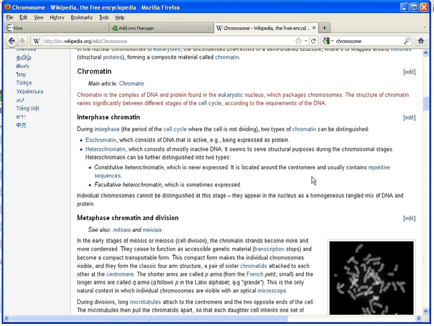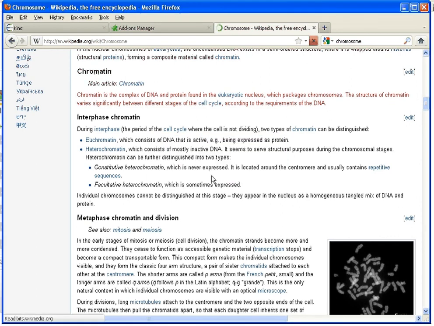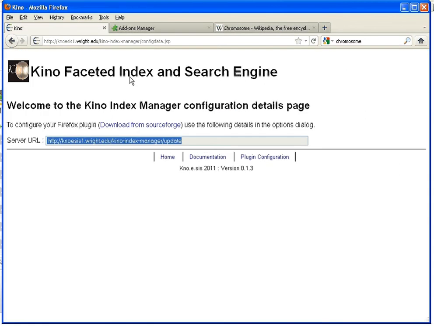This will send the document to the Kino instance that was pointed from the options, and you should see the annotations submitted successfully message if everything went okay. Let's say okay, page refreshes, it's back to the original page, but your annotations are saved, they're submitted to the index. Let's go back to the index, go back home and search for one of these terms that we used